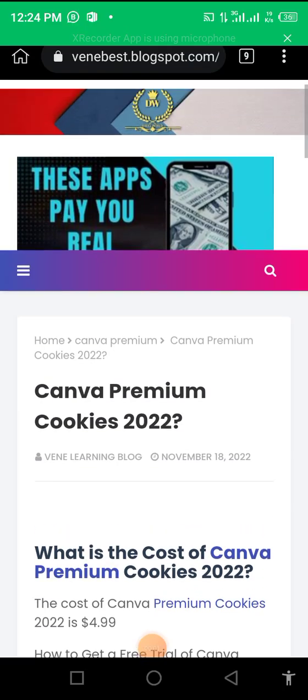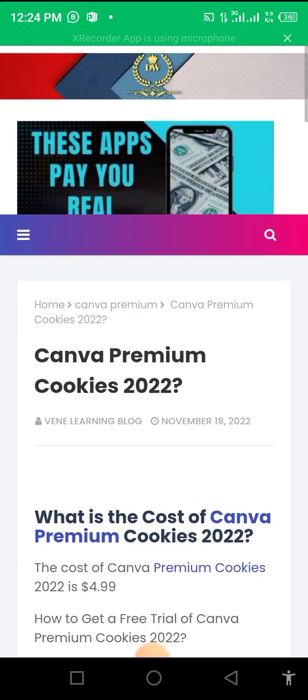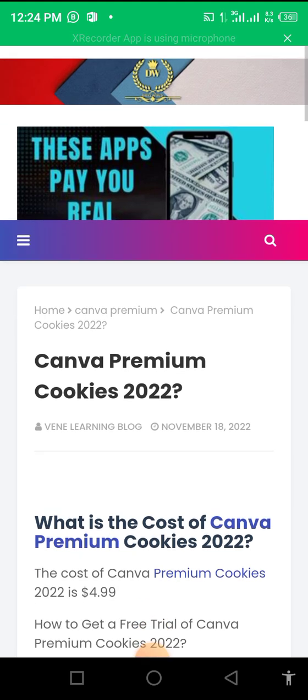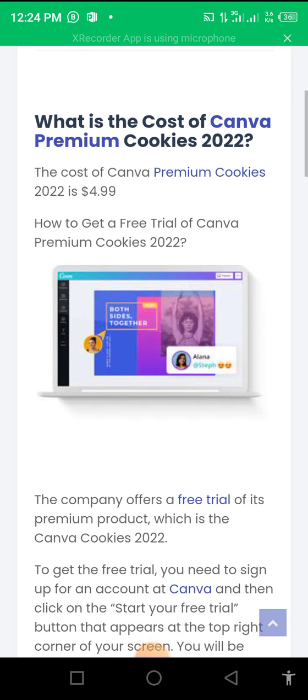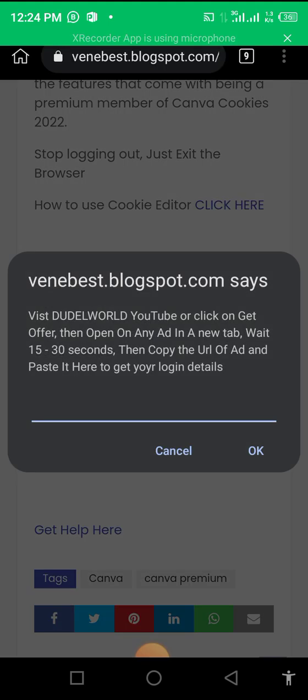Visit the website, and you can see an advert at the beginning of the website header. So you can always click on the advert, tap on the advert so that you can copy the link, and then you scroll down, you see Get Canva Pro. Okay, you say visit the web, YouTube, or click on Get Offer, then open on any ad in a